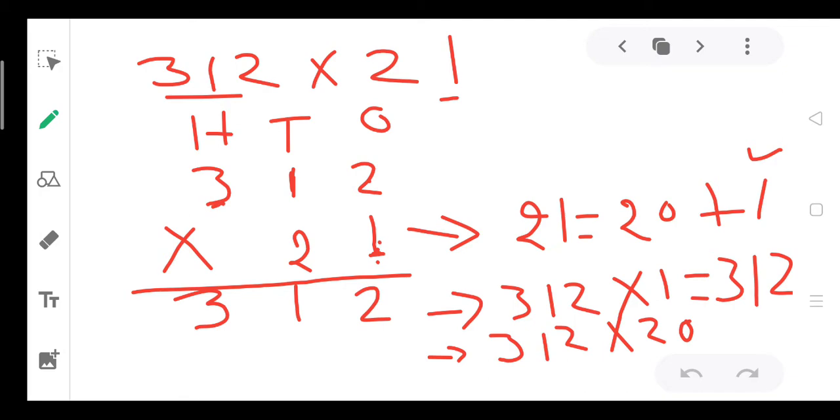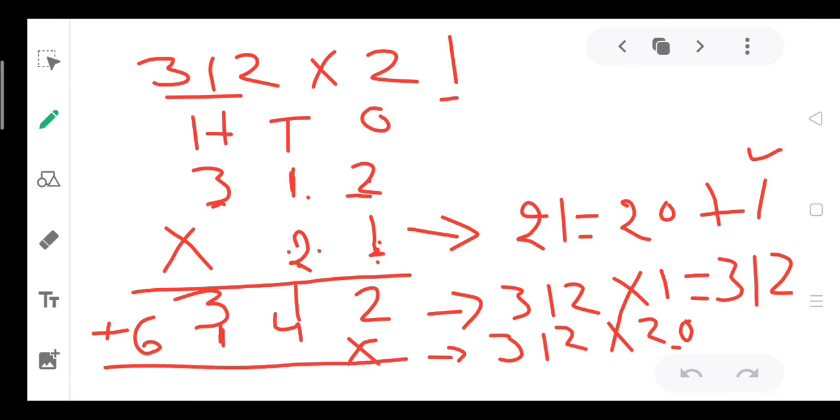In the ones place we will put this 0, or we can put the sign of multiplication, and now we will do the multiplication by 2. Again same process. Read the table of 2 up to 2s are 2, 2s are 4. Read the table of 2 up to 1s are 2, 1s are 1. And now read the table of 2 up to 3s are 2, 3s are 6. And now we will add it, and by adding this we can get our answer.